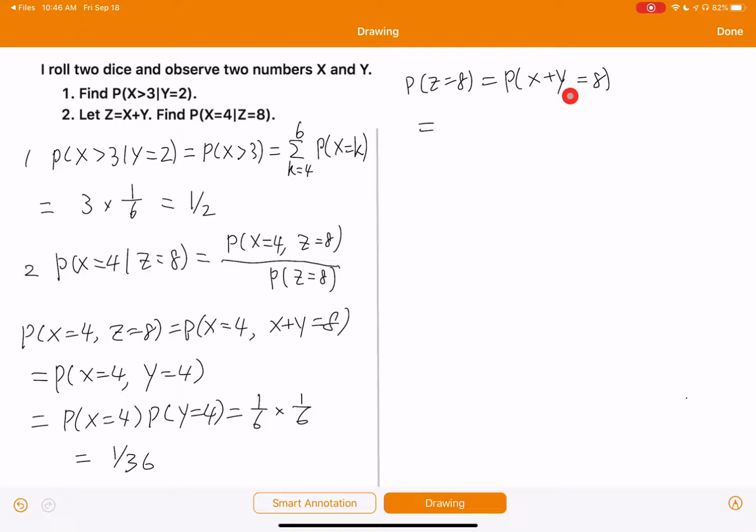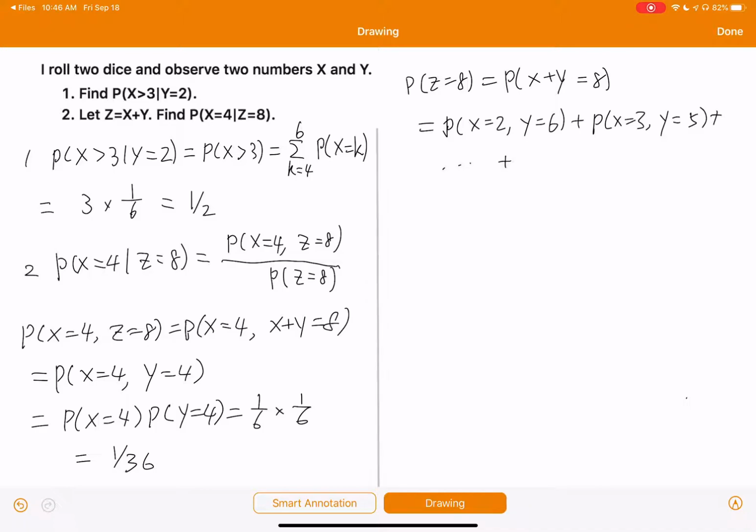A dice only has six faces, so x starts with 2. So the first item is probability x equals 2, y equals 6, plus probability x could be 3 as well, so y is equal to 5, plus